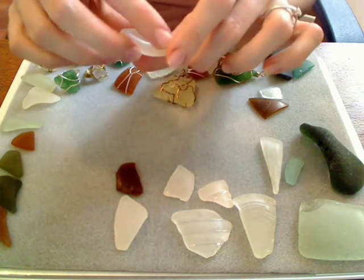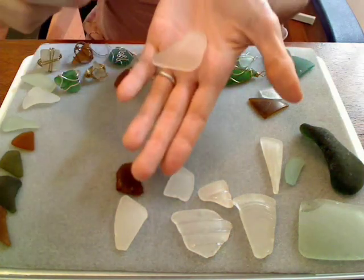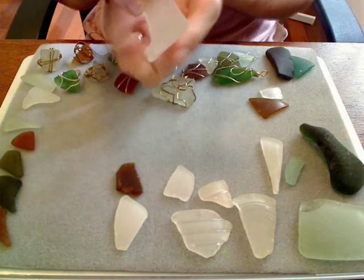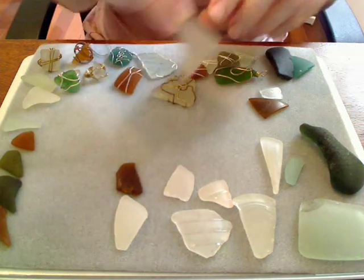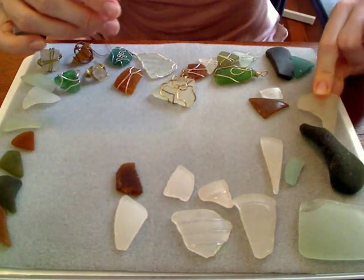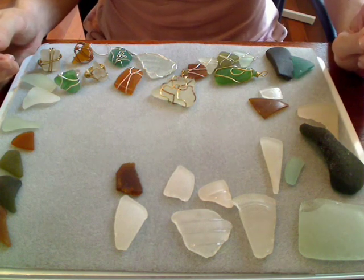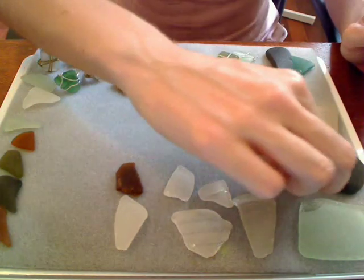It's nicely frosted, only one or two chips, but it's a little bit awkward in shape. You may be able to use it, but it just won't have a nice look to it really. So those big pieces, nice to add to your collection, but probably not what you're going to be using to make your jewellery with. Then we've got pieces like these,